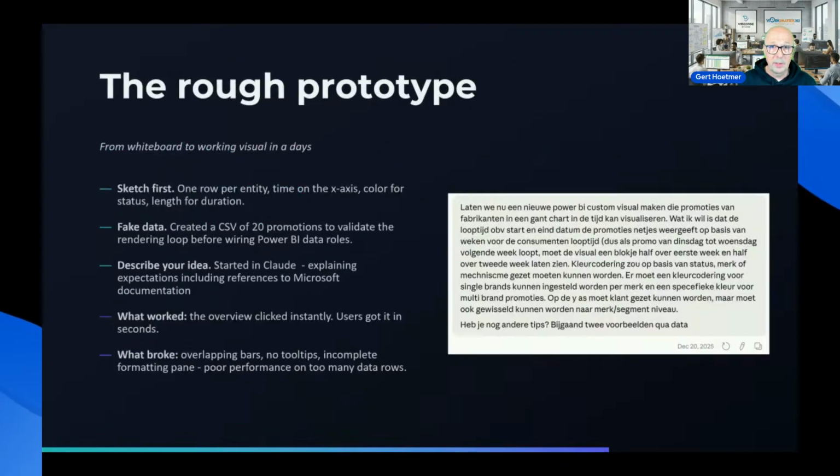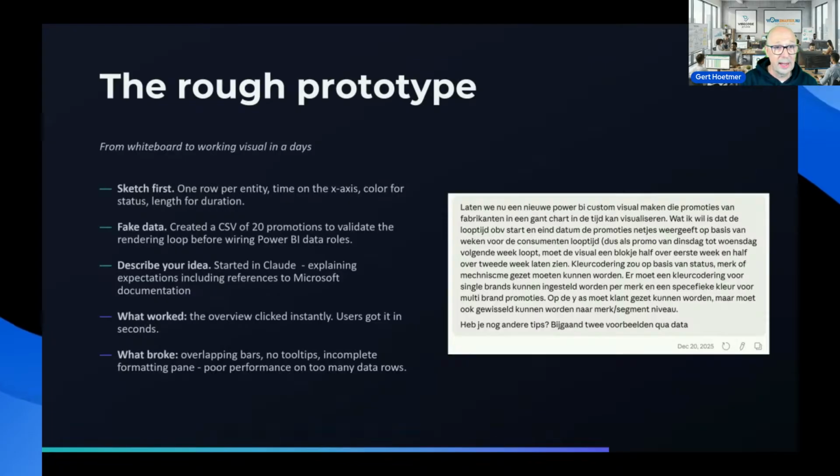And from there, I took it from, let's say, a rough prototype. So I just started in Claude because I was still experimenting and I was still not really convinced that I was capable of really creating this complex thing that I had envisioned in a working piece. So you see here a Dutch sentence or long sentence, and that was in the end the first prompt I put in Claude to start working,